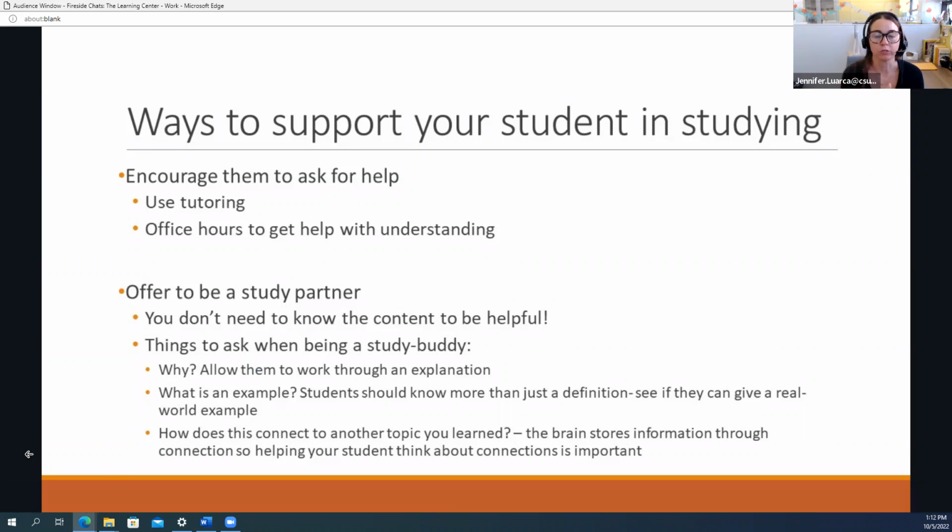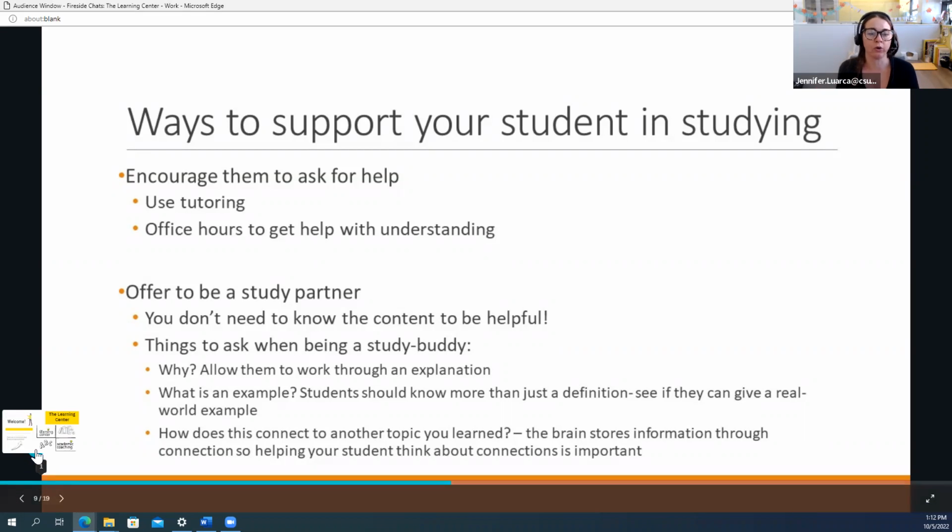Going to office hours. So if they're connected with a faculty member, they're already taking a huge step towards success. So if they have a question about an assignment or just a concept's not working for them, or they're just unsure, encourage them to check in with their faculty. Our faculty have to give time set aside each week for each class that they teach. And they also will answer email, and they can make themselves available at other times if needed.